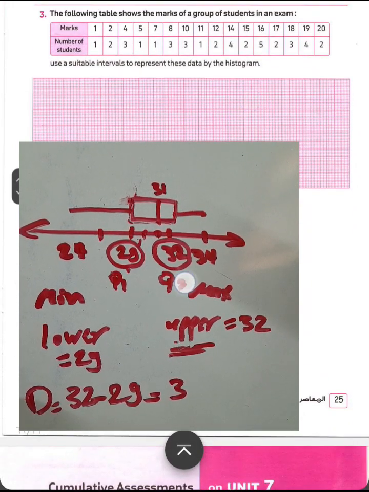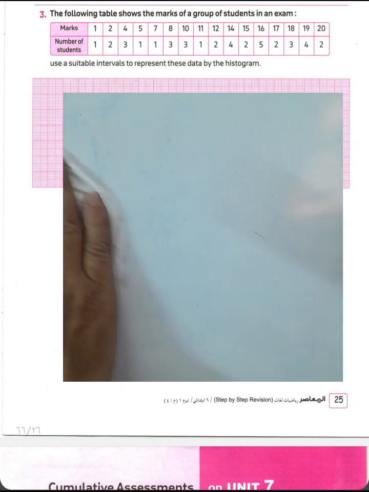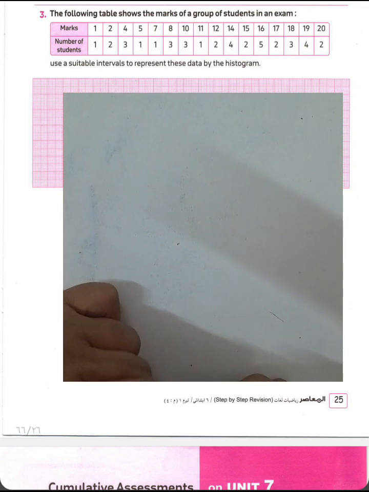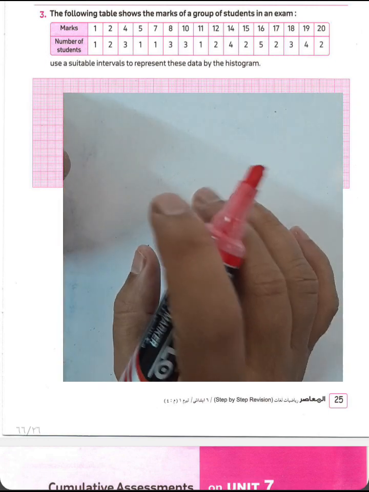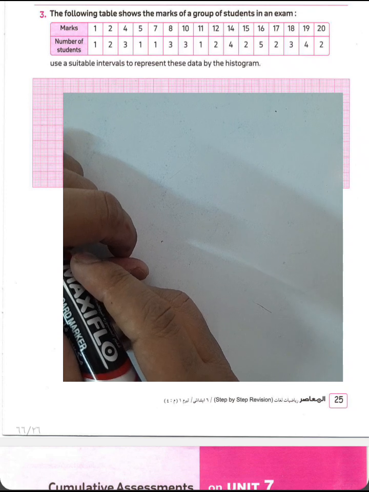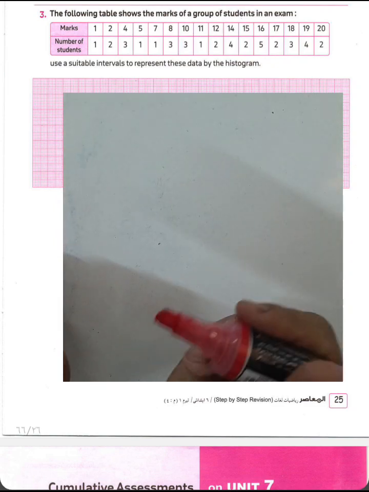Question number 3. The following table shows the marks of a group of students in an exam. Use suitable intervals to represent this data by the histogram. Okay, we can draw a table and write the least number and the greatest number, and add what we have: 1, 2, 3, 4, 210, 220. Okay, in this table marks 220, and number of students, the least number was 5 here. Okay, so we can draw this table